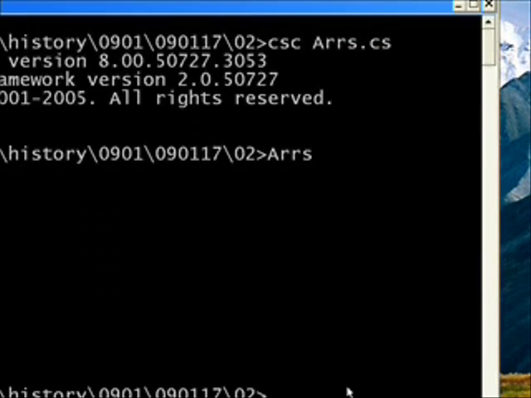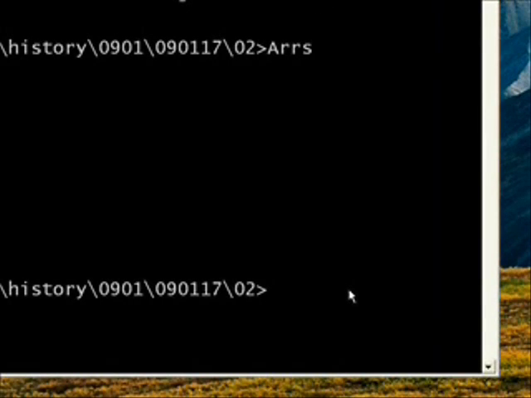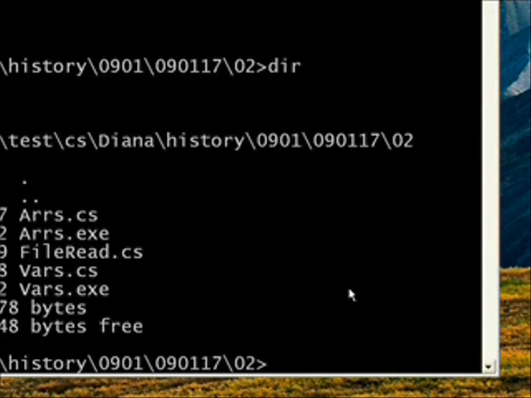CSC file read.cs and hit enter, and there's no errors. Oh, thank goodness. And then to run the file, you just type the name of the exe file we just created. So we type file read,